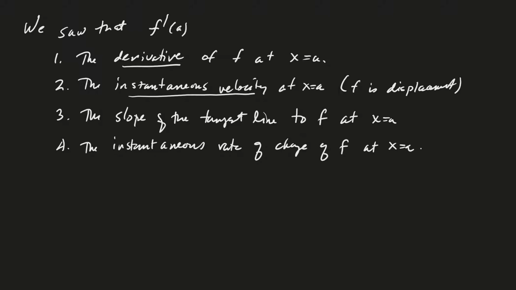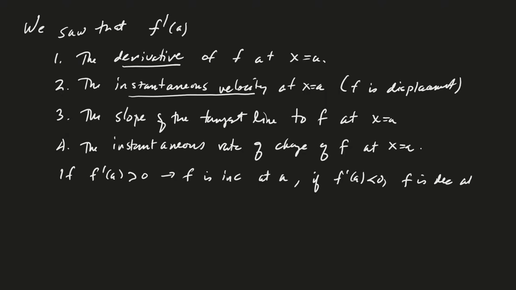Okay, so we saw that if f prime of a is greater than 0, right? That means that f is increasing at a, and if f prime of a is less than 0, f is decreasing at x equals a. So this is tied into the slope, right? And finally,